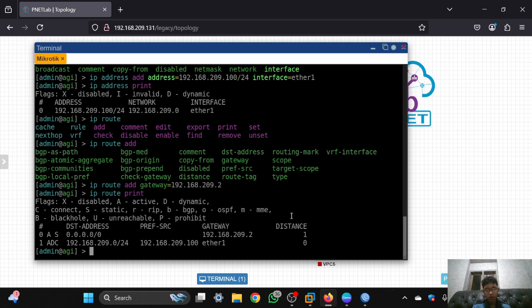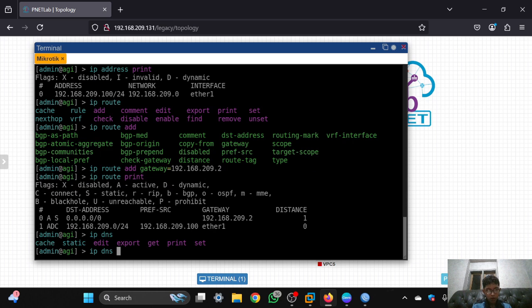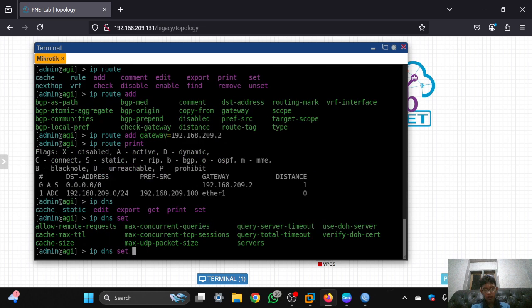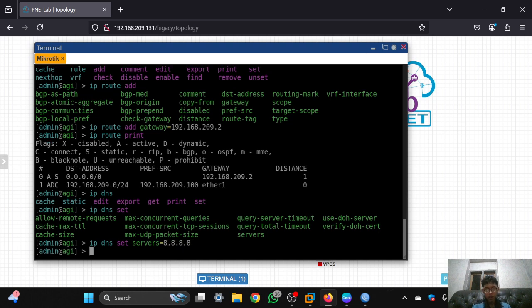And then you must add the DNS with IP DNS add, then IP DNS and set, then fill the server with the Google IP, which is 8.8.8.8, and click enter.